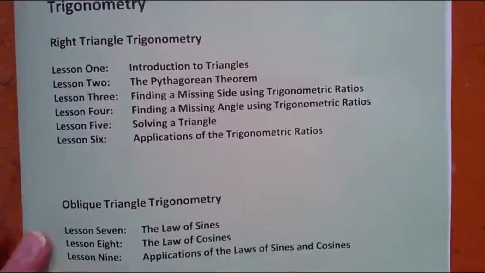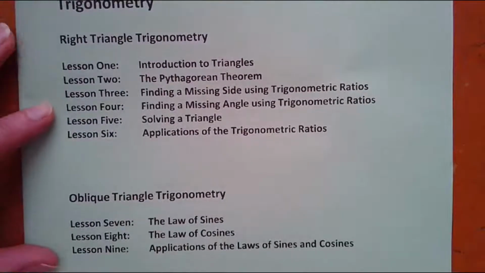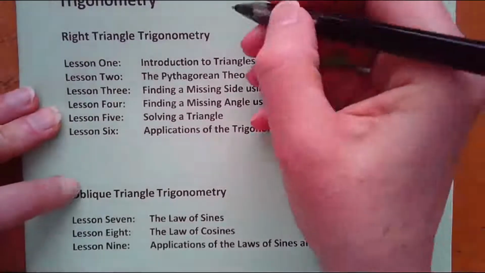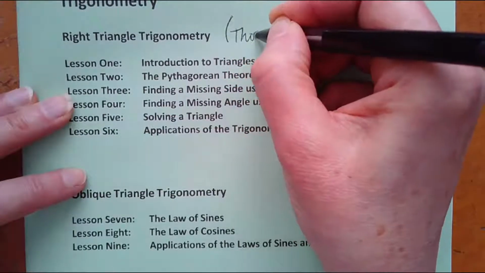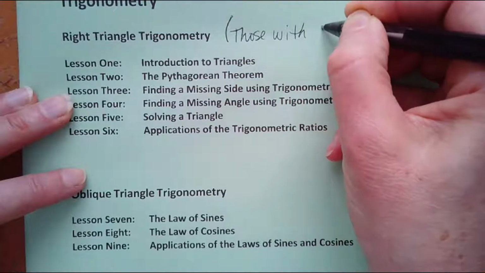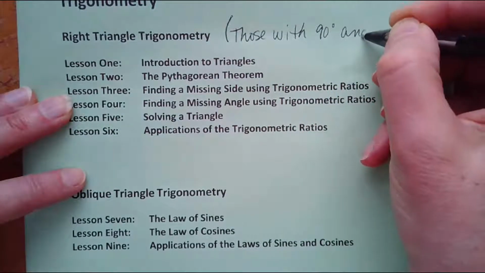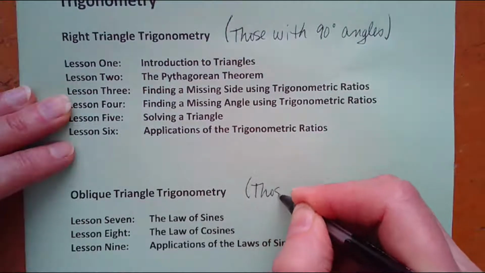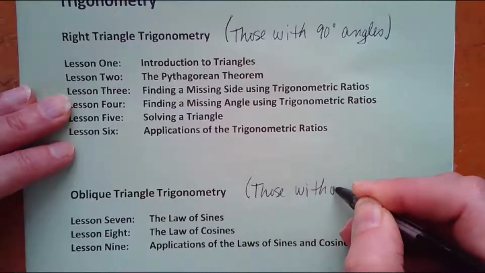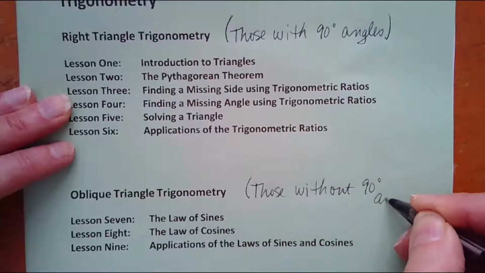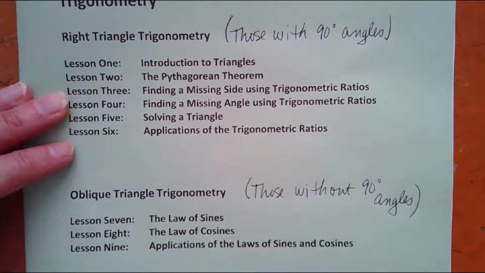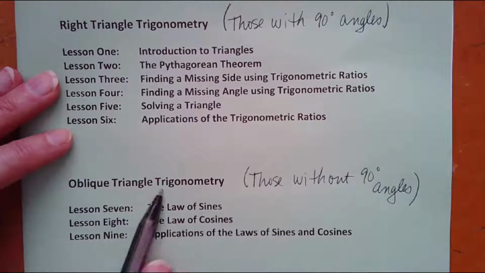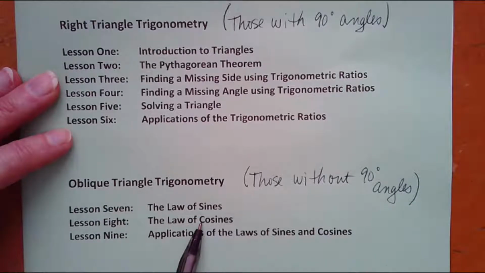But if you look at the title page, the triangle stuff is divided into two sections, right triangles and oblique triangles. Right triangles are those with 90-degree angles, right? And these oblique are those without 90-degree angles. So these are the type we're doing in the last couple of days. And there's so many triangles involved that don't have